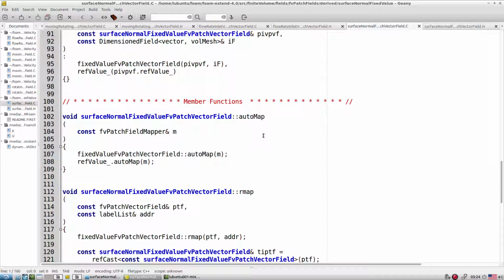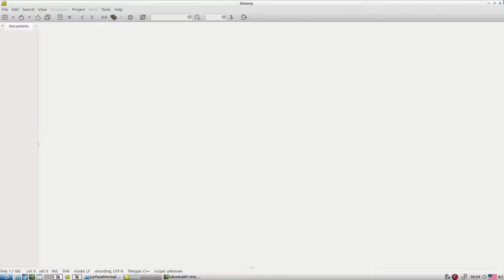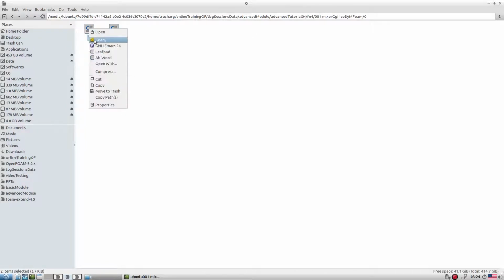So we have a couple of options like movingWallVelocity, rotatingWallVelocity, then movingRotatingWallVelocity, flowRateInlet, surfaceNormal. A couple of these options are available, and some are user defined or specific for some specific application. Many people wrote their own boundary conditions, so that is also available. When we look at a few of the tutorials, we will explore those conditions as well, but this is the most generalized way one can look at the different conditions.